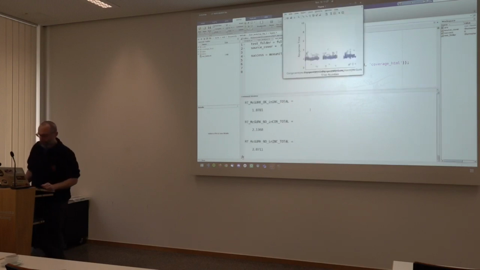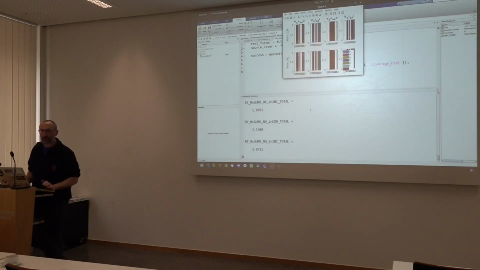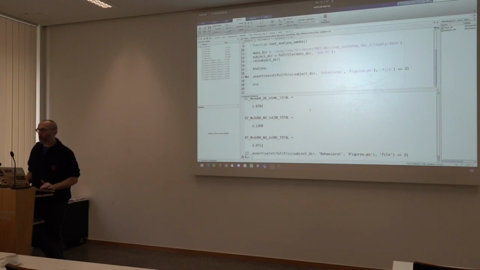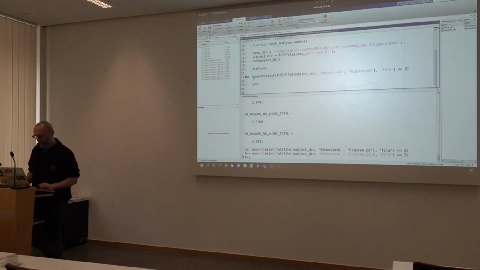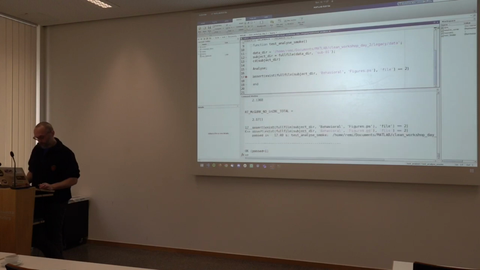So you see how running this function already is taking a bit too long, and you're already tempted to not run it that often. So this is definitely one of those things. Make sure you test run quickly, otherwise you're very tempted to not run them. So if you just keep on running this, yeah, the test passes, so we're good.